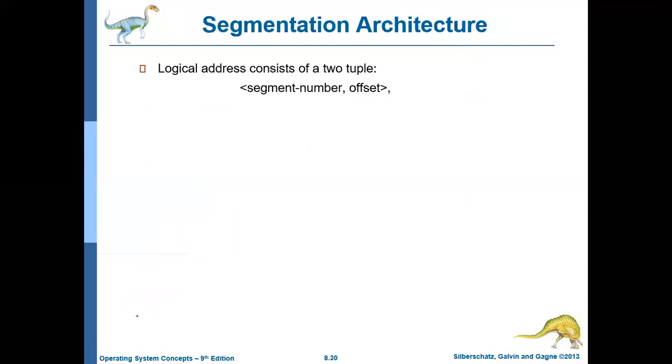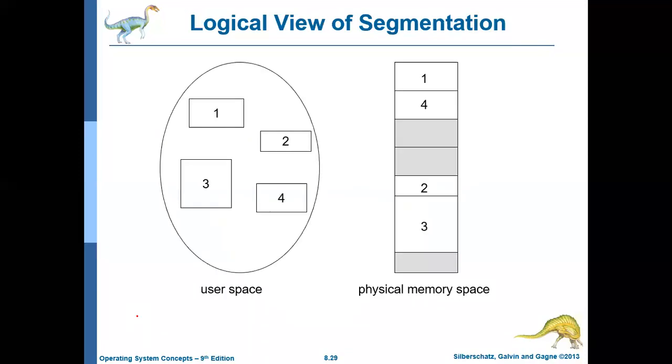Logical addressing consists of basically two things. As we saw in the previous diagram, this is how the user or a programmer sees the memory, and this way of representing the memory is called logical addressing. This logical address contains two things: one is the segment name and the other one is the offset.